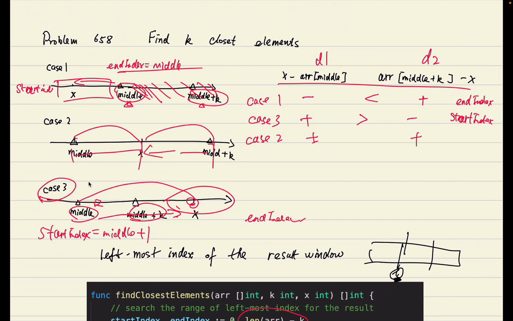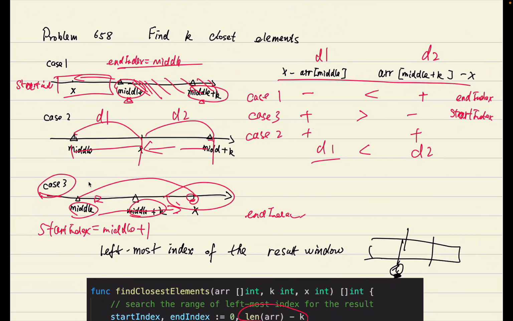If this is D1 and this is D2, and D1 is less than D2, obviously we know we need to include this element here. So what are we going to do? We're going to update our start index by including it. If distance 1 is bigger than D2,